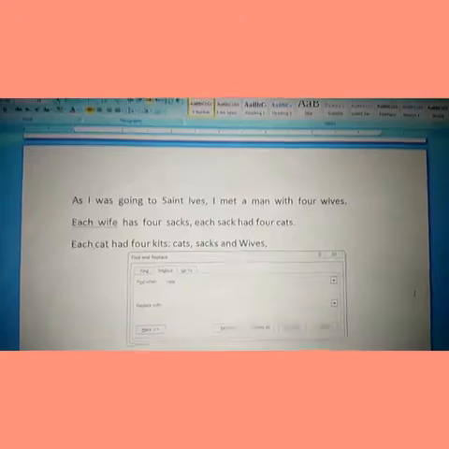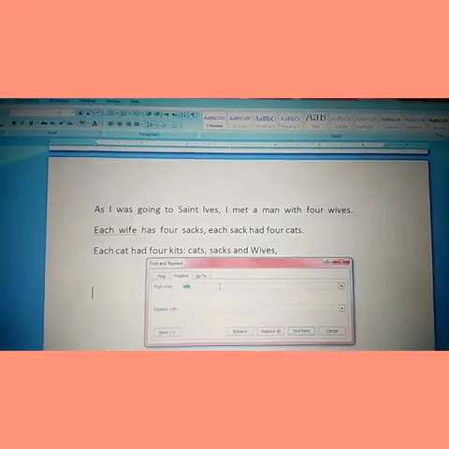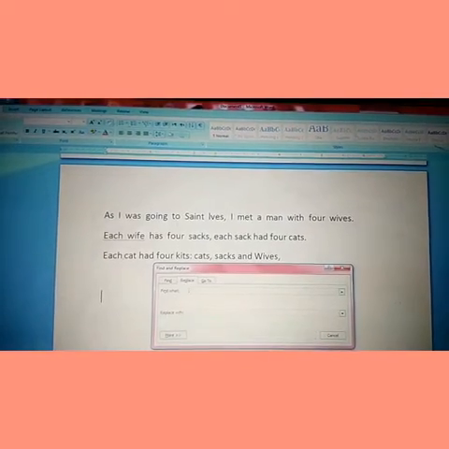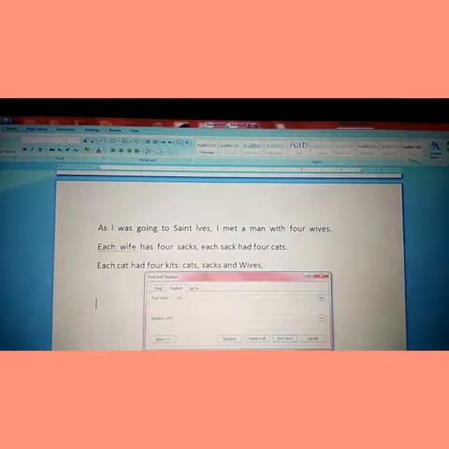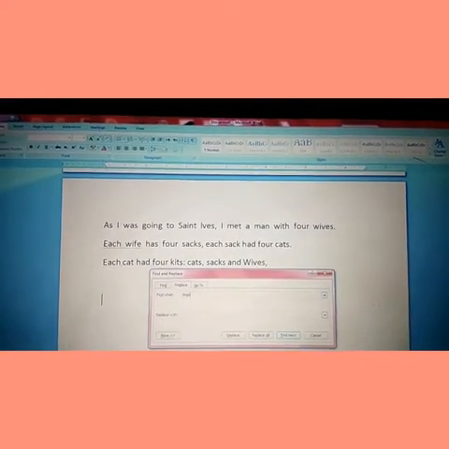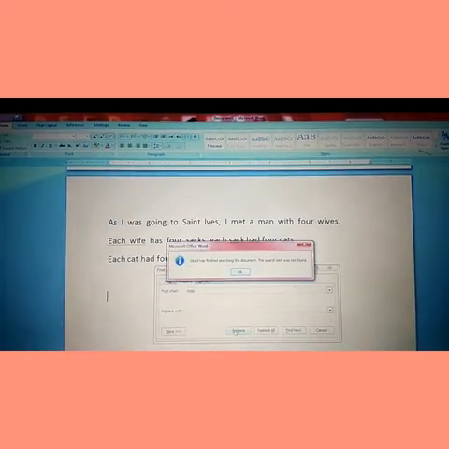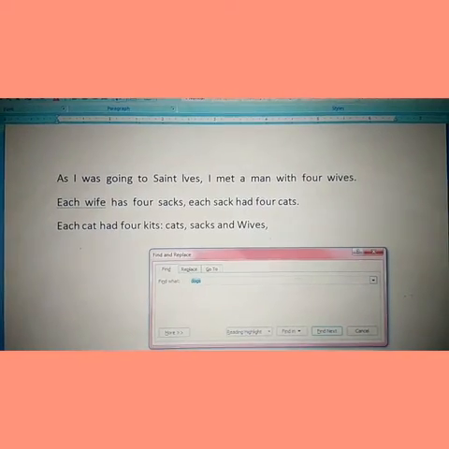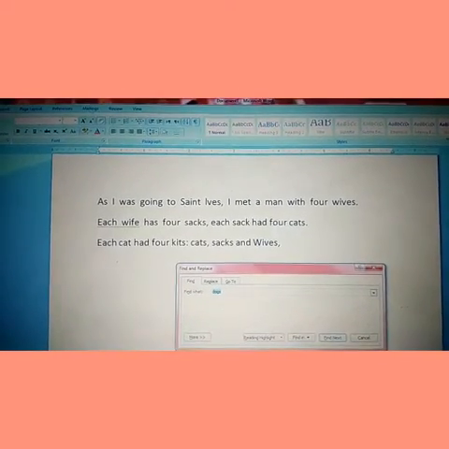So student, just change this in Replace. You can replace any word, changing it to cats, so write dogs, then click Replace. So student, this is the feature of the find and replace option in MS Word.